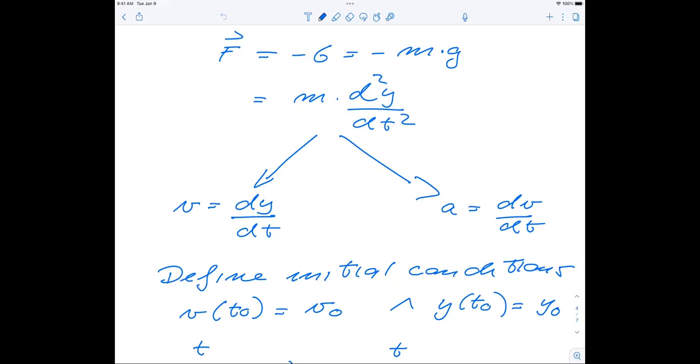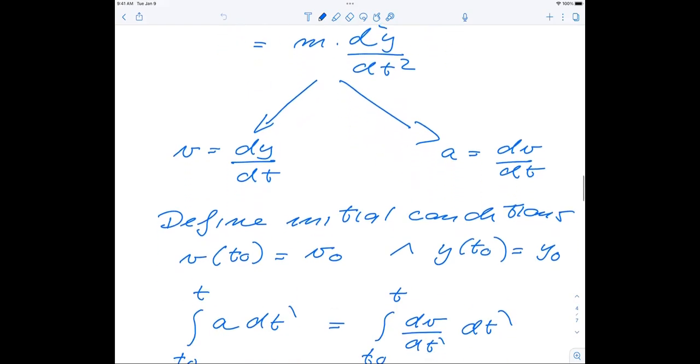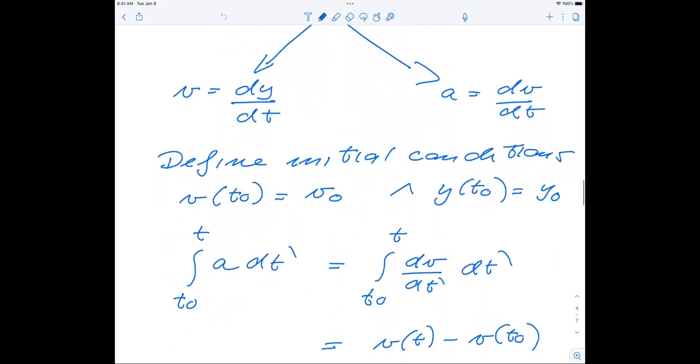And what we did on Wednesday, the first thing, if we can integrate, we would do that. So we split a second order differential equation into two first order equations. We have an expression for the acceleration, which means that we know the derivative of the velocity.